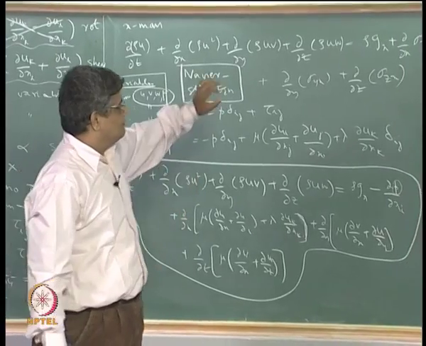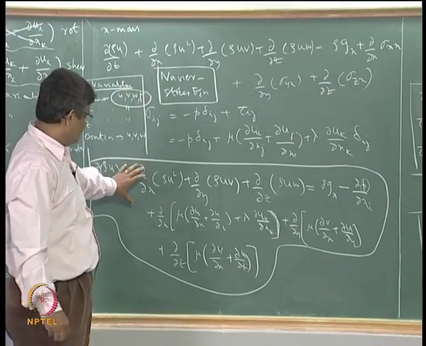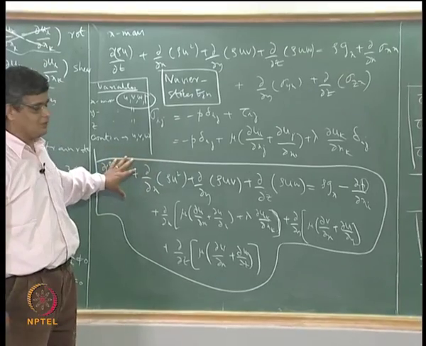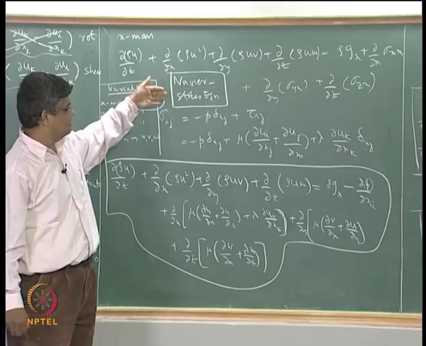So, for a Newtonian fluid, the governing equations are Navier-Stokes equations, and we have seen the example of the x momentum equation. In the next lecture, we will write down the full set of equations which are valid for the